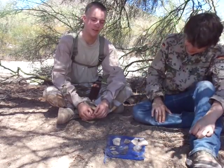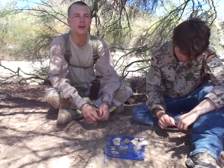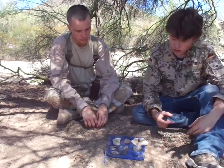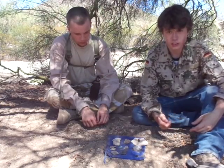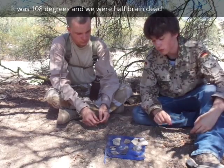Caleb and Tyler here, and today we're going to show you some of the little goodies that we found on our hike today back out to the butte. We found a number of cool things. Some of them we think are Native American artifacts. Some are from settlers, some are a little newer, and then some kind of show the significance of this region